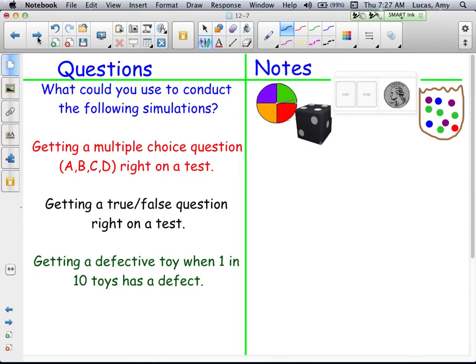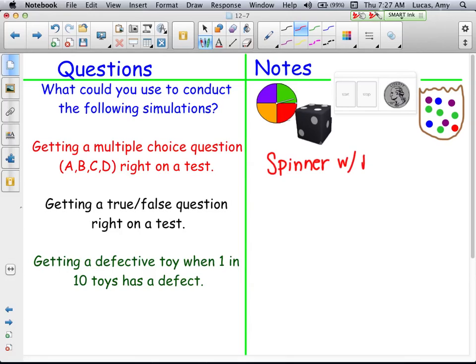What could you use to conduct the following simulations? When you're conducting a simulation, you often use something like what you see up at the top over here: a spinner, a fair die, a coin, a bag of marbles. You use something to simulate the situation. So getting a multiple choice question right on a test, if there are 4 choices, I would definitely go with the spinner